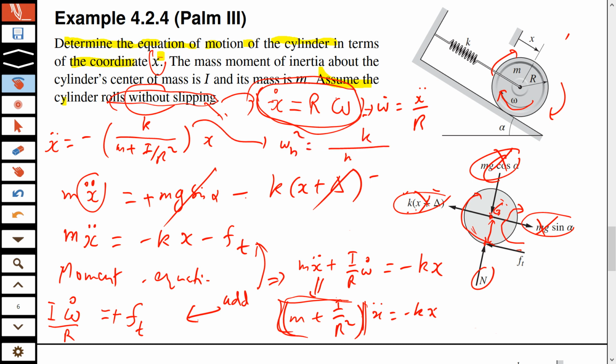K over m plus I over r squared. Of course, if you want to find an expression for I, you can look at the table, and I think it's half m r squared because it's a cylinder, उसका half उसके साथ लगता है, point mass नहीं है।